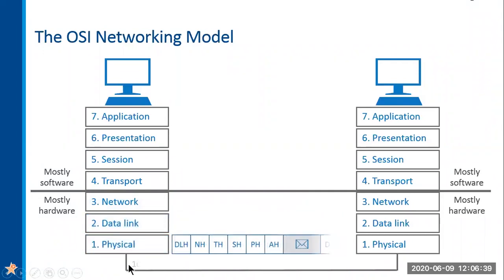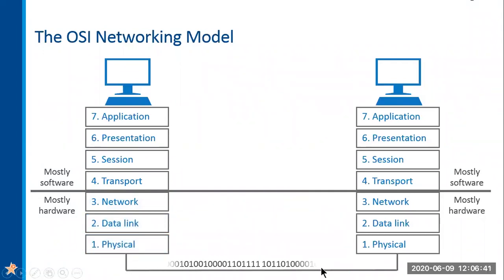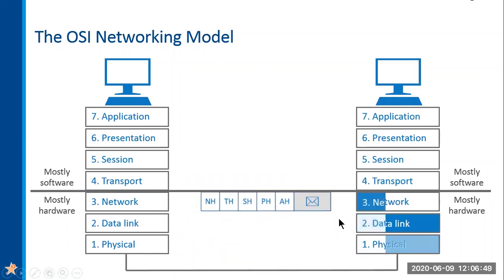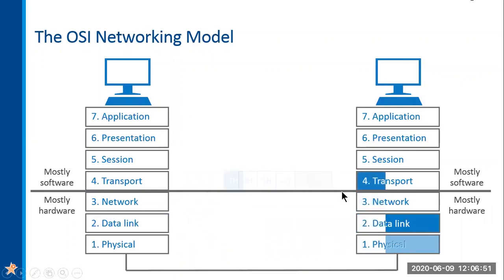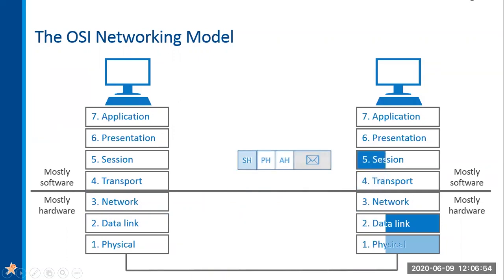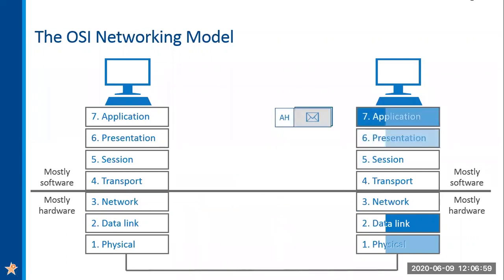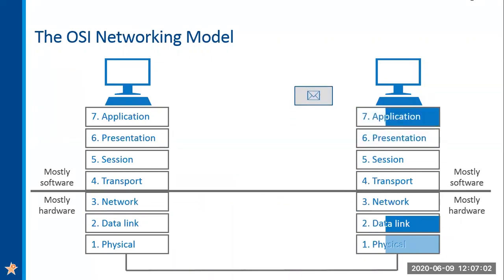Eventually, the data is going to be transmitted, on the wire or wirelessly as 1s and 0s, as bits, and then the recipient device will process these headers, use that information, and then eventually will determine which application or which process to send the data to, and it will eventually show up in the right window or the right process in the recipient's machine. Now, for example, if it was an email, that's when the recipient will get a little ding that says you've got mail. Right? So that's the idea here.